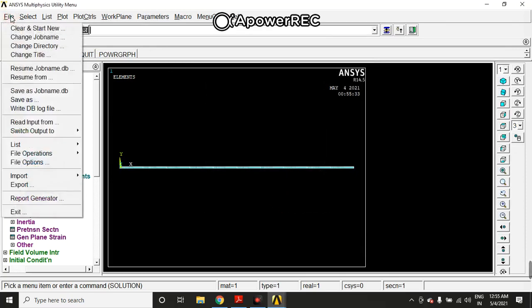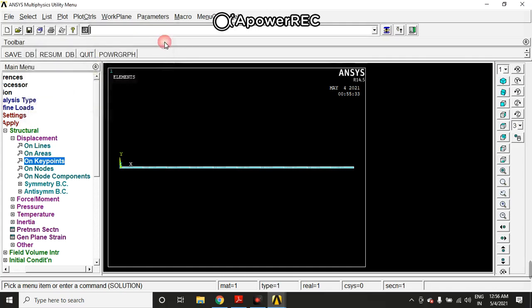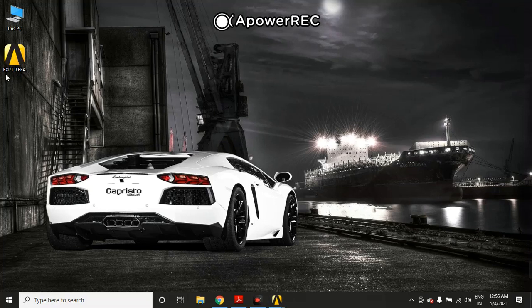Next, again go to File, Save As, remove the star, enter experiment number 9 FEA, select Desktop over here and click on OK. This is how your file has been saved on the desktop.